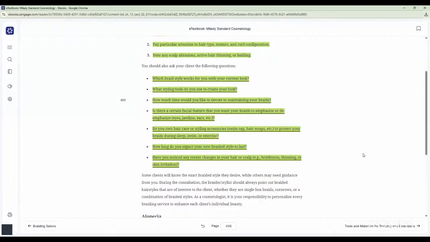What styling tools do you use to create your look? And the client may say, oh, I use a flat iron. If this is the case, I'm going to ask them how often do they use a flat iron. Every day? I mean, every week. If you had 7 days a week, how often do you use a flat iron to style your hair? If they say once a week, I say, oh, okay, not much. But if they say every day, I use a flat iron every day,